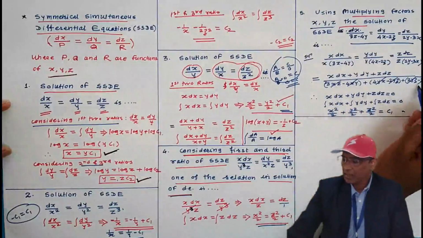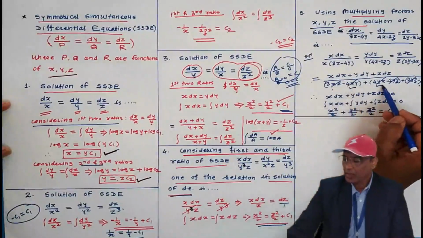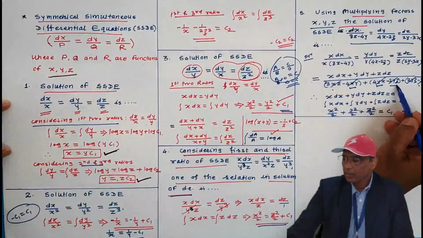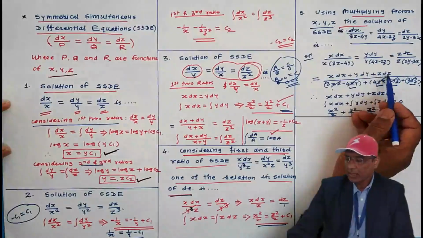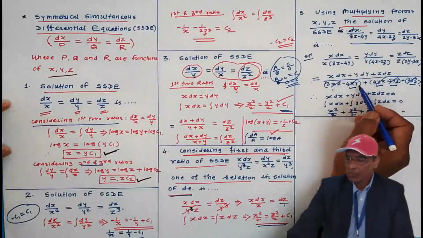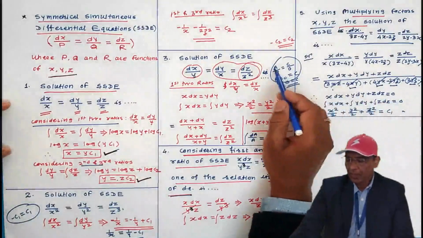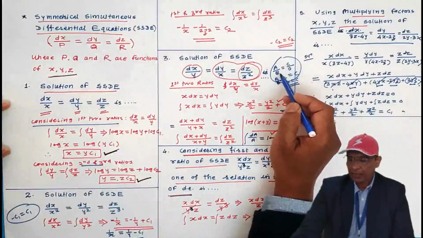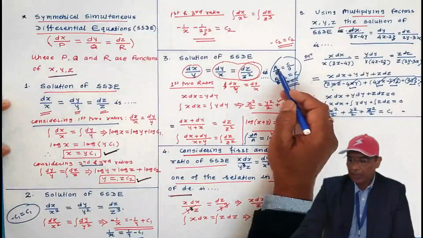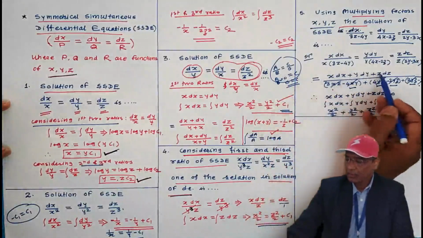Plus 3xz minus 3xz cancelled. Minus 4xy plus 4xy gets cancelled, minus 2yz plus 2yz gets cancelled. So x dx plus y dy plus z dz divided by 0 means numerator can be equated to 0. Numerator can be equated to 0. Here I have explained a by b is equal to c by 0. Okay, these two ratios are there. Then multiply a by b by 0, cross multiplication. A by b into 0 means c equal to 0. That's why this numerator equal to 0.